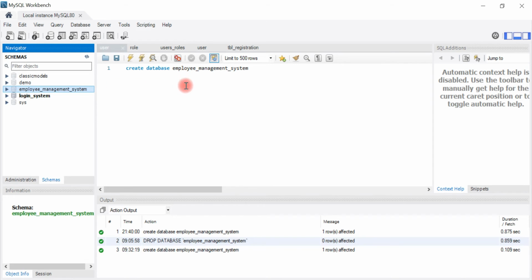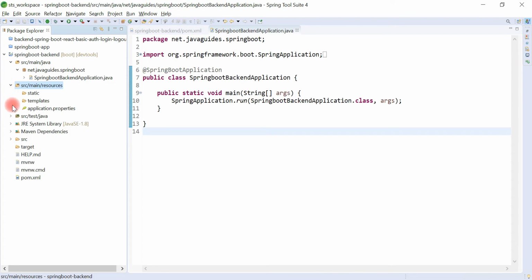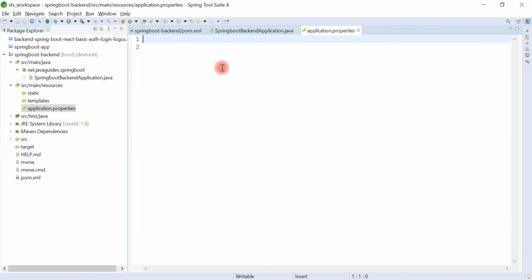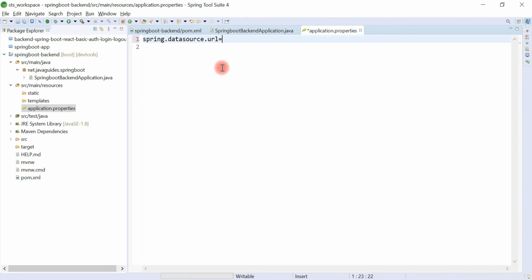Once we create a database, let's go ahead and configure the MySQL JDBC URL, username, and password in the Spring Boot project. Go to the resources folder. Within the resources folder, open the application.properties file, and here just type spring.datasource.url. Okay, let's give the JDBC URL to connect to the MySQL database.